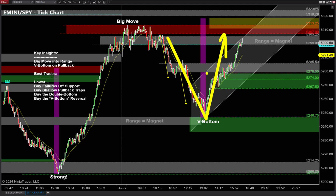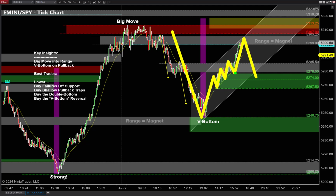Now, if you watch these videos, you know that anytime we see a V bottom like this, there are 2 places I look for to find winning trades. One is underneath a prior swing. We call these bear traps. I have 3 different variations of bear traps. You know, bear traps, I love trap entries, but they come in lots of shapes and sizes. We'll talk about